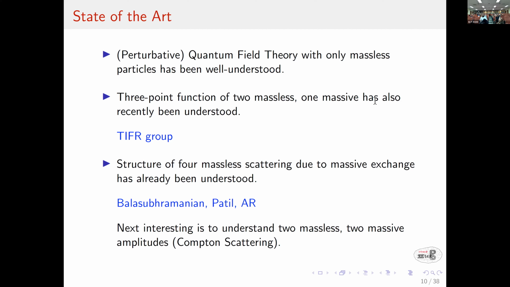And when you say structure for massless scattering due to massive exchange, the thing you already did, yeah. It's a massive exchange in a given representation. Again, we did the symmetric representation. It's symmetric in the spin. Yes, correct. At this point, actually, this can be very easily generalized to mixed symmetric.